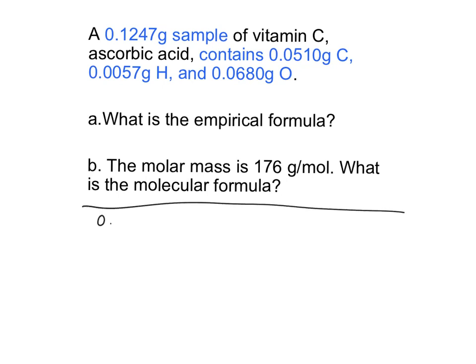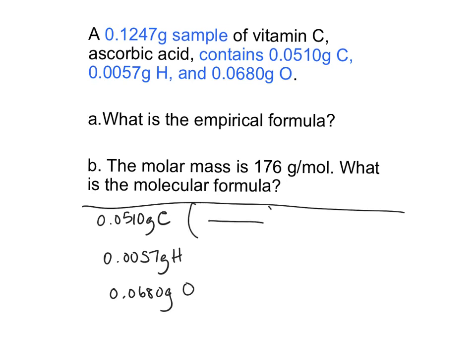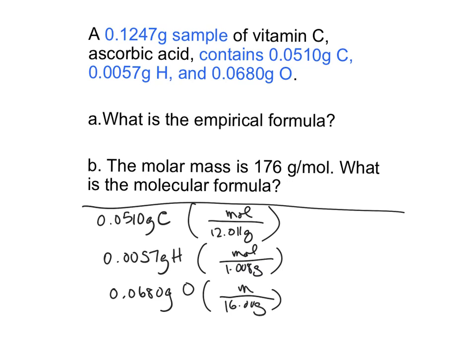Okay, so we have 0.0510 grams of carbon, 0.0057 grams of hydrogen, 0.0680 grams of oxygen, 12.011 grams per mole for carbon, 1.008 grams per mole for hydrogen, 16 grams per mole for oxygen, and we end up with